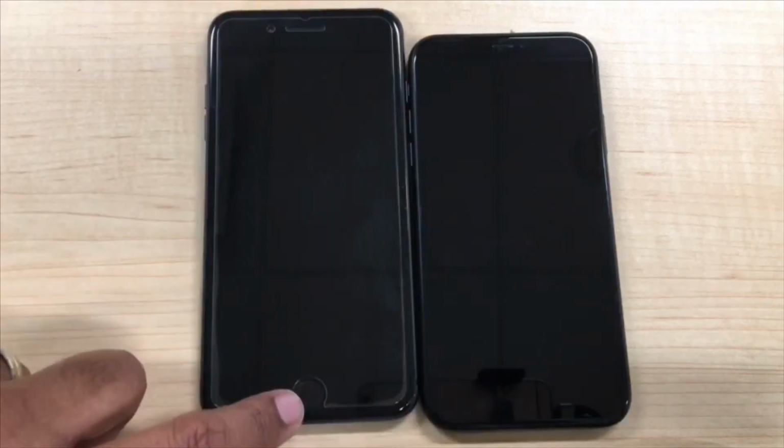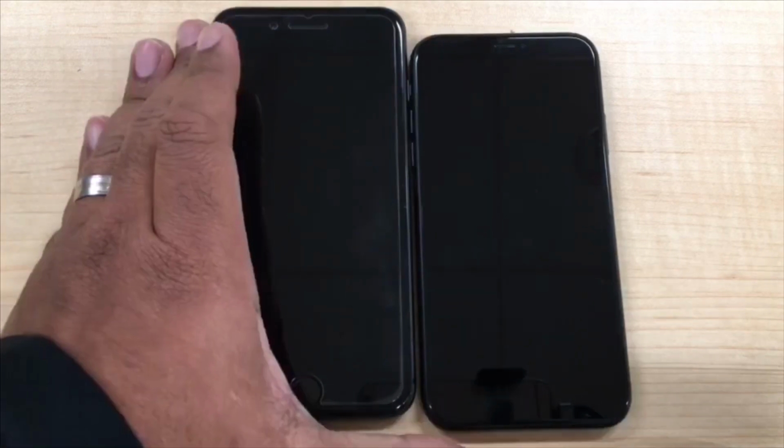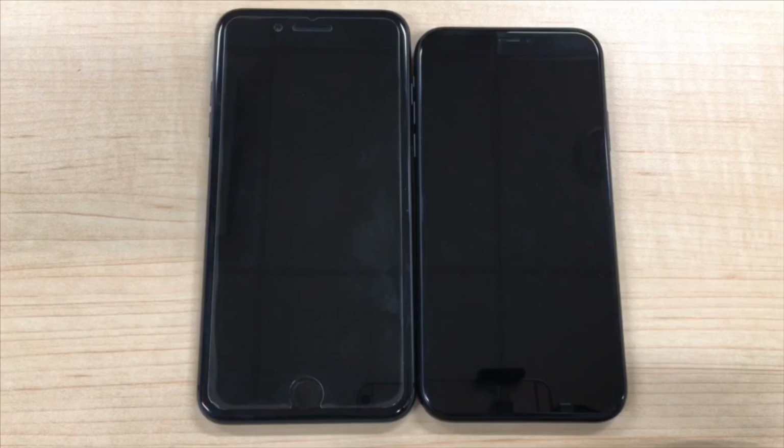You don't have any more home button, which hurts me because I love Touch ID. When I go into Apple or anywhere that accepts Touch ID, I just use Touch ID and pay for whatever. Face ID is new for me. It's something I'm going to have to get used to, but I just love the efficiency of Touch ID. Apple says Face ID is faster in this version of the iPhone, so you know I'm keeping fingers crossed, but